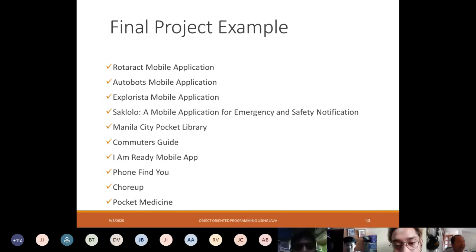The Manila City Pocket Library. So this mobile application is all about books. Kung books lover ka, okay, this is for you, okay? Kung mahilig ka sa mga reading, novels and reading of something, so this is for you. Kasi there are APIs that are available ngayon na ang binibigay niya is free ebooks na ini-incorporate lang natin sa